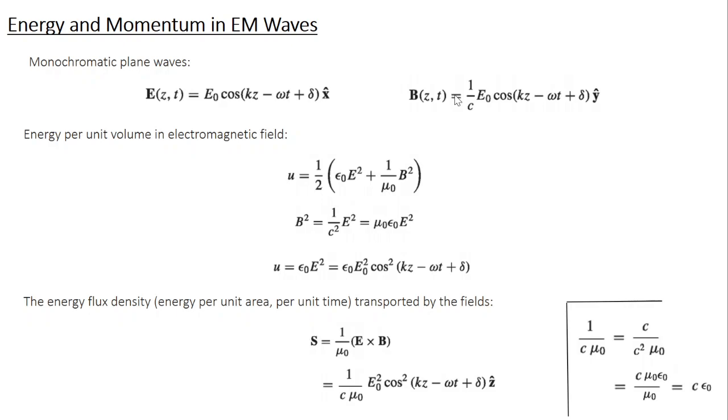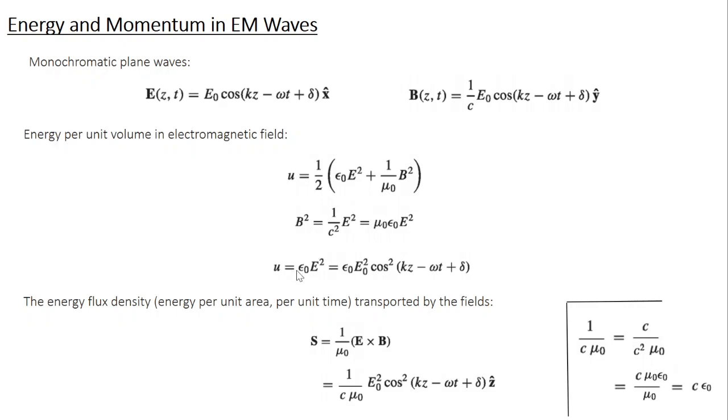Now the energy density, or energy per unit volume stored in the electromagnetic field, we are already familiar with this expression. Energy density u equals half epsilon naught E square plus 1 over 2 mu naught B square. B square I can write as 1 over c square E square, and 1 over c square is mu naught epsilon naught. So B square equals mu naught epsilon naught E square. Substitute for B square in this expression. Mu naught cancels, and you have half epsilon naught E square plus half epsilon naught E square, which is